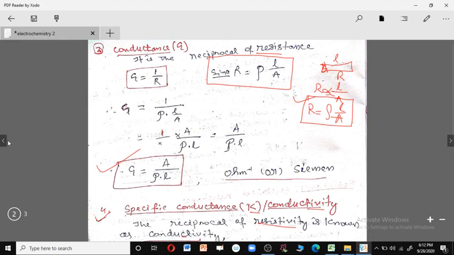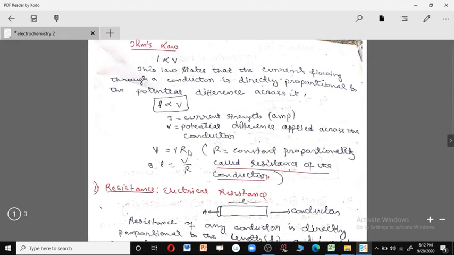So I repeat, in a nutshell, this Ohm's law. Suppose you have a wire from point A to point B, right? So the length, and when you apply electric current, Ohm's law states that the current flowing through the conductor is directly proportional to the potential difference across these two points, right? So V is directly proportional to I, V equals IR. So this R is the resistance.